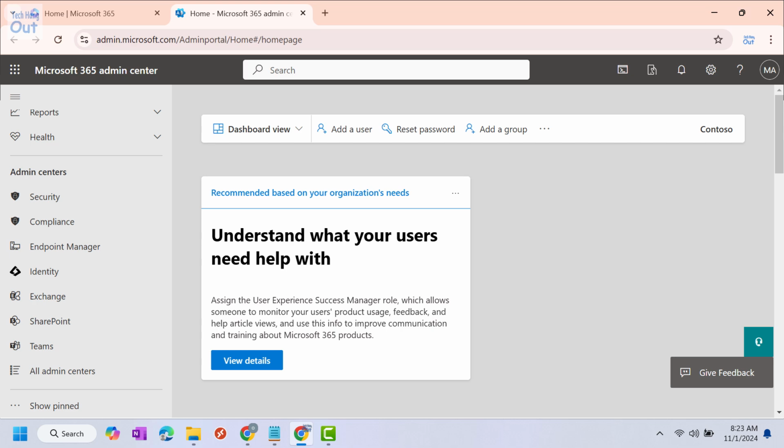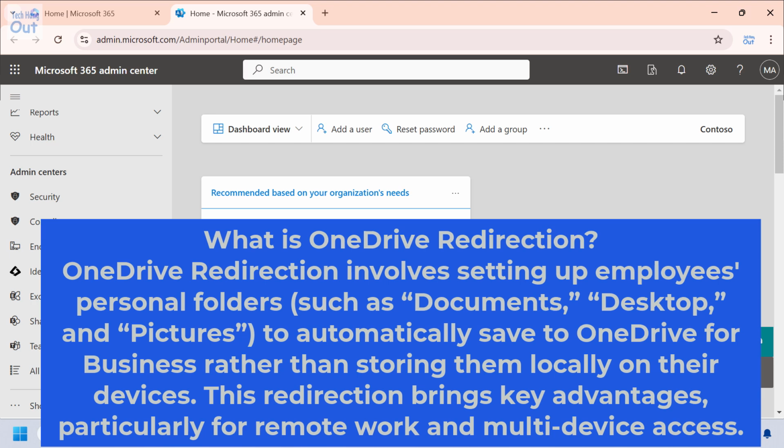So what is OneDrive redirection? OneDrive redirection, in very simple terms, simply means setting up an employee's personal folders, such as Documents, Desktop, and Pictures, to automatically save to OneDrive for Business rather than storing locally on the device. This redirection actually brings so many advantages, particularly for remote workers and those that are